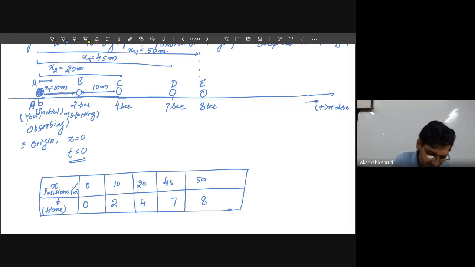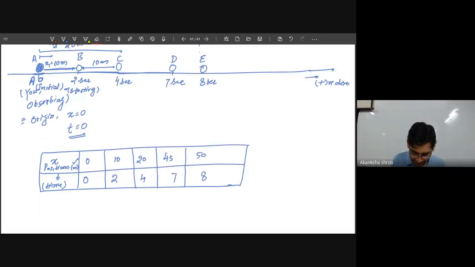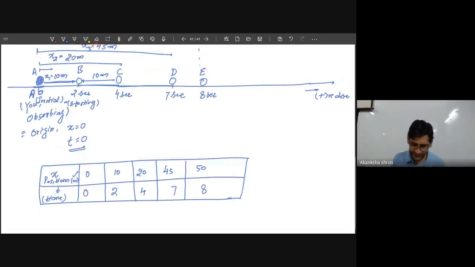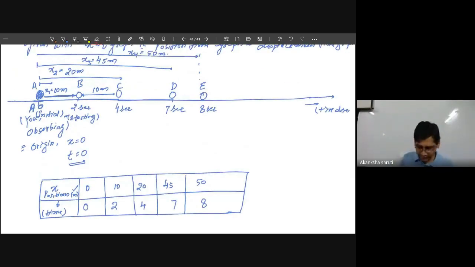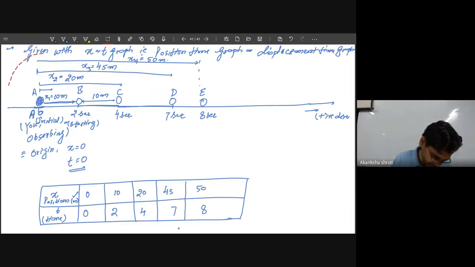Okay, so student, this was the table I had taken earlier and I had just plotted the graph. Or even if only the background is given, we can tabulate it in tabular form. Now from this table, we can draw the graph. Student, any doubt? Otherwise, I will go for plotting the graph. And from that graph, today we will learn how to calculate the speed or velocity. So that we are going to do. Okay, student, let me copy this portion to the next page also, so that I can explain it better to you.